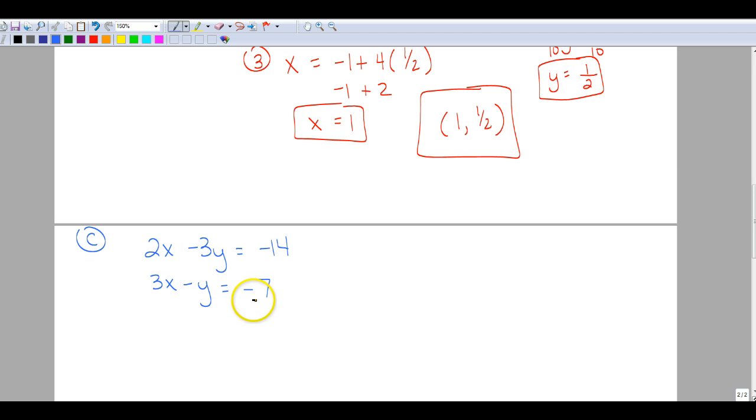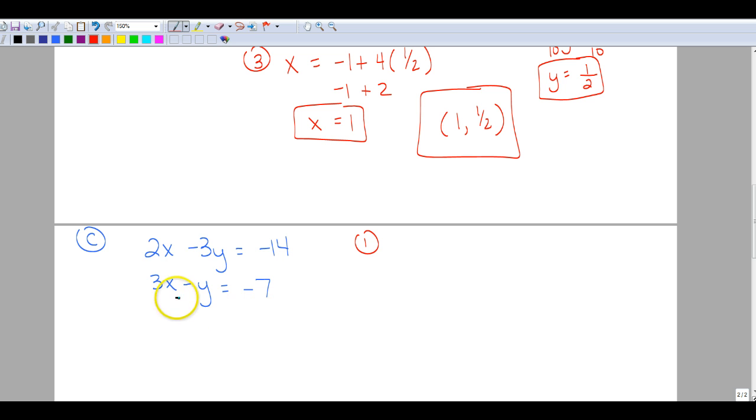So what's going to happen is we need to, first of all, pick the easiest variable to solve for. Alright, well in this case, in the top, if we solve for x, we'd have to divide stuff by 2, which would give me 3/2 here. That's not so nice. If I solve for y in the top equation, then I'm going to have to divide stuff by 3. Negative 14 divided by 3 is not very nice. If we go to the bottom equation, we'd have to divide by 3 to get x by itself, leaving us